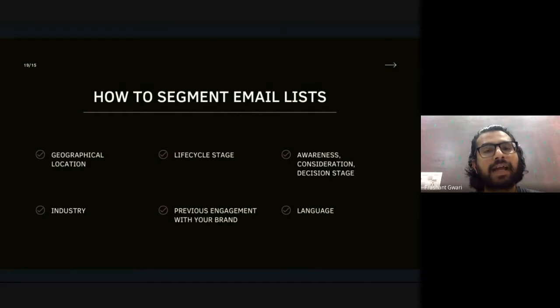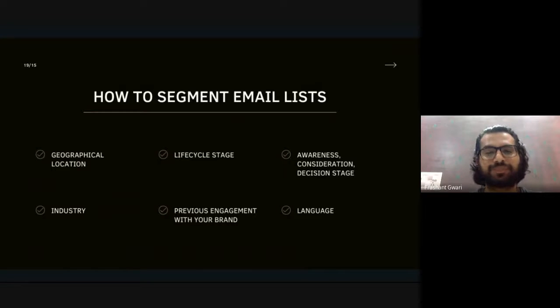But the problem is that you have an unsegmented email list where male and female both are included. So you are sending email even to men, those who are not interested in women's watches. So you are wasting money, time, energy, and you are targeting the wrong audience. So you will divide your audience or segment your audience even into the life cycle stages, which include gender and the age group.